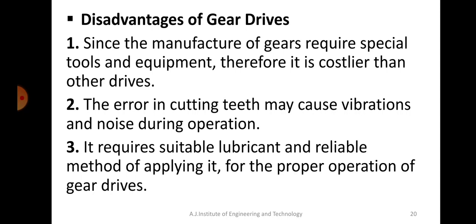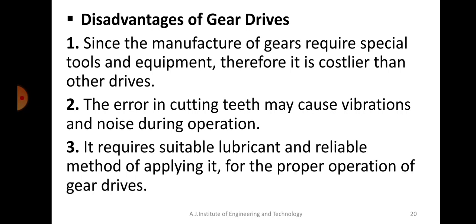If you have seen the gear terminology sketch, if you had observed it properly, you would see the profile of the teeth. Okay, it is made up of so many curves. Actually, it's not that you have only one slant line on the other side. The profile is called involute profile. To make that profile, it is not easy. You need special tools to do that. So the production or manufacturing of the gear becomes costlier compared to any other drives.